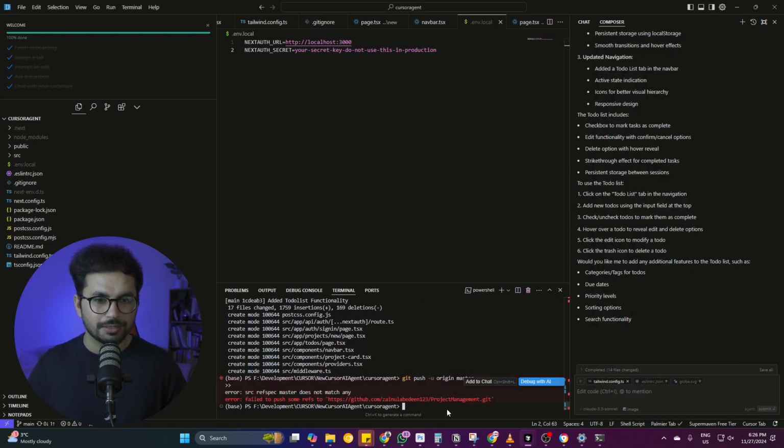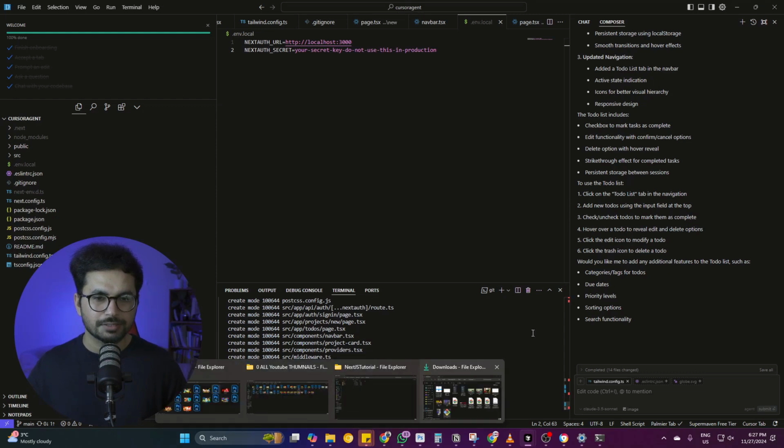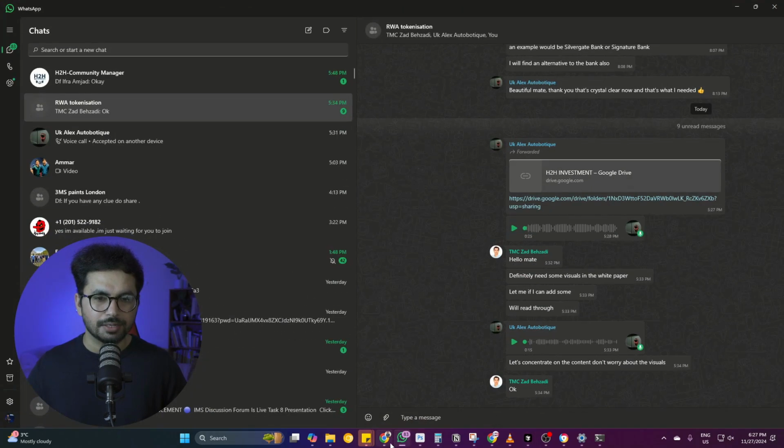Once you do that, it has failed. Why has it failed? Because right now we are asking it to push this code to the master branch. There is no master branch. We are actually on the main branch. So you need to simply remove that and click on main. So it will push our code to GitHub. And then if you come here,